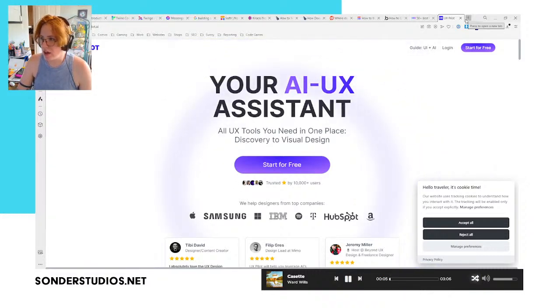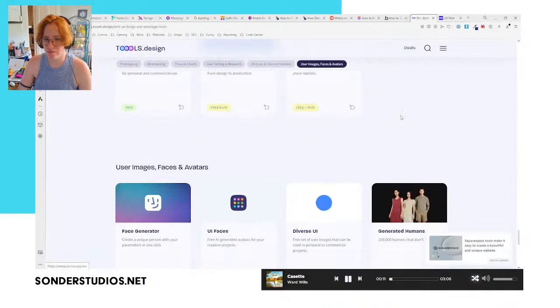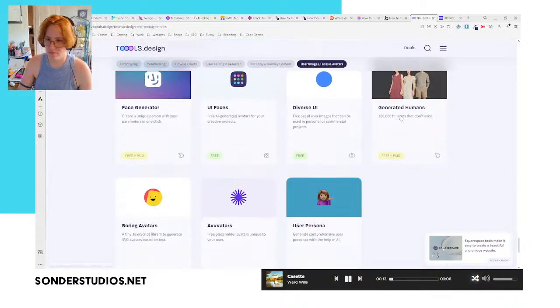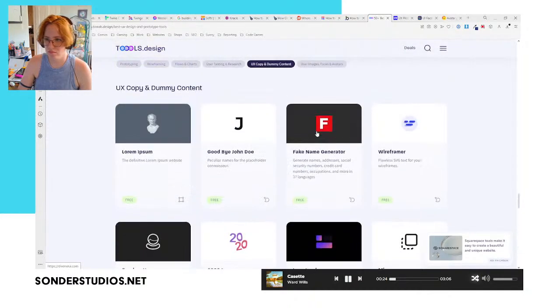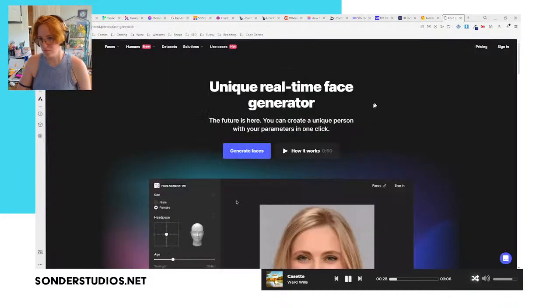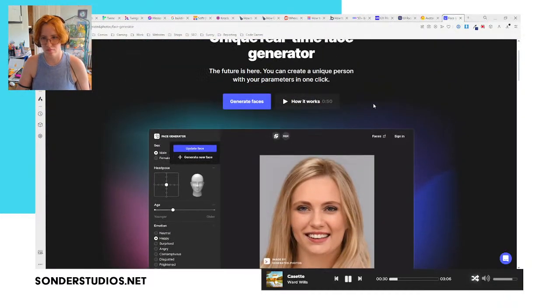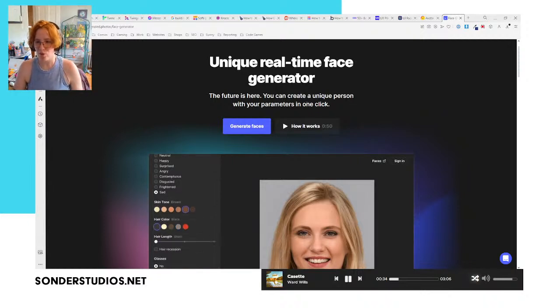Let's look at, how do I find examples that I want to copy is the real question. This is weird. Sorry, I'm going down a rabbit hole now, fellas.